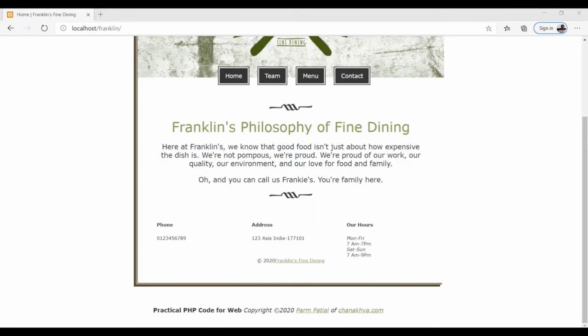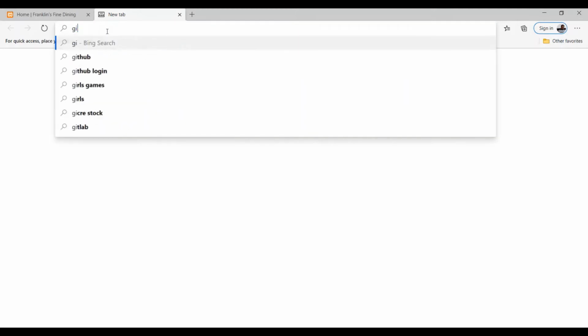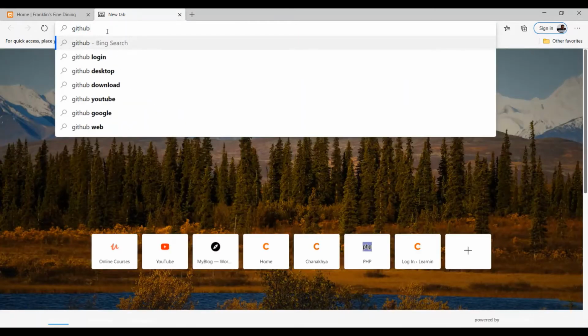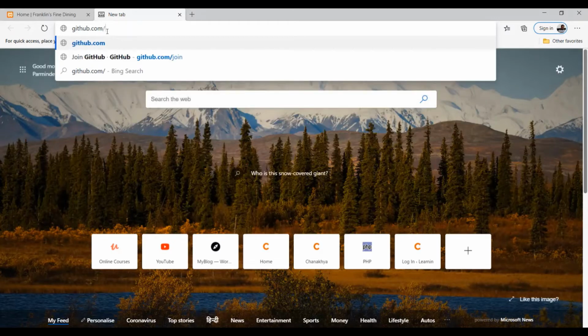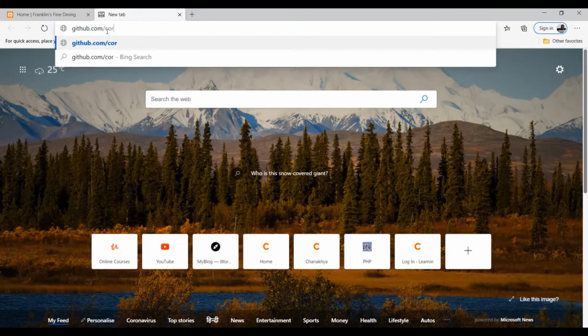You simply open your browser and visit the site github.com. Then go to the user, and his name is Corey, then etc, then corn.